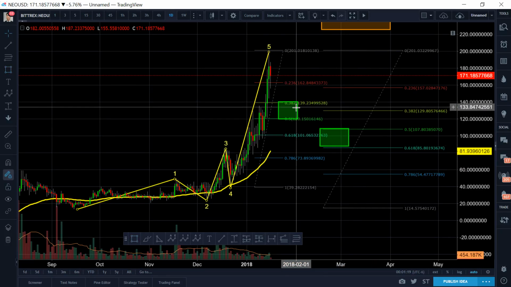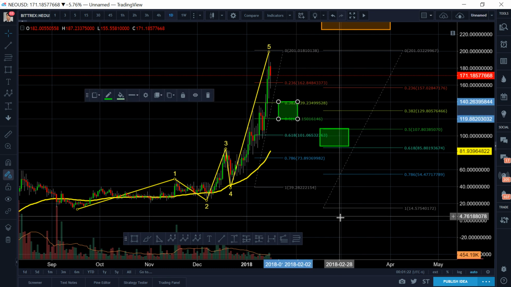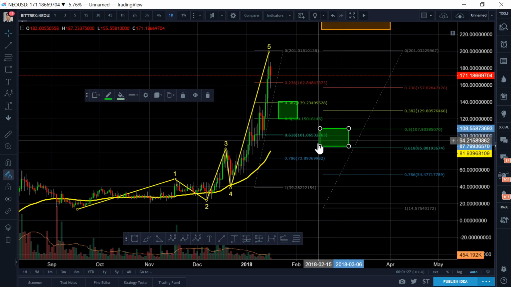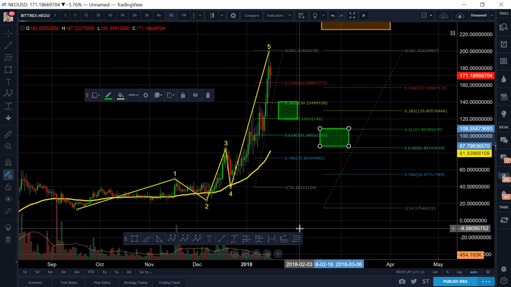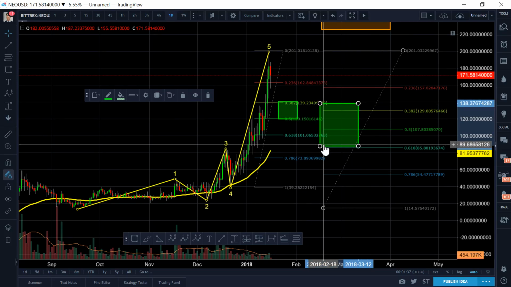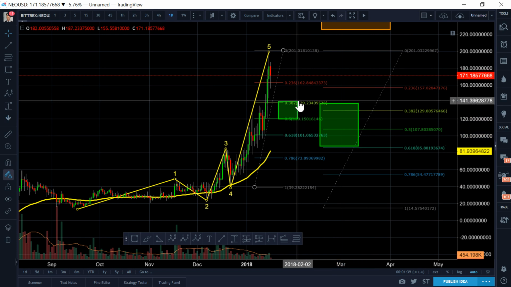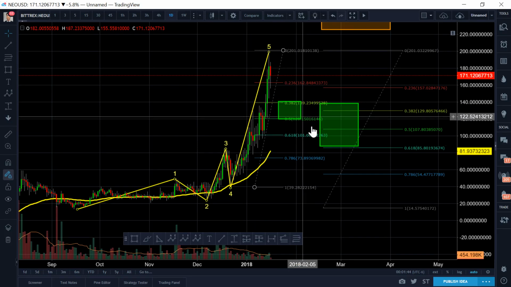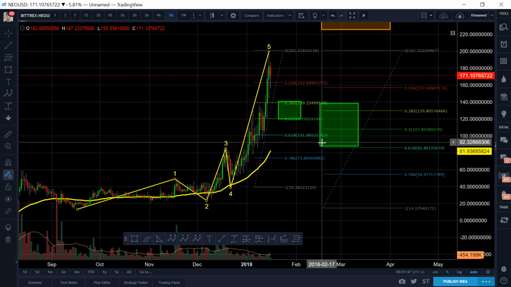That's it. Am I going to be interested in NEO between 120 and 140, or am I going to be interested in NEO between literally 87 and 108? So this is just the range. I'm going to keep my eyes on it. I'm not going to be interested in NEO right now because I think there's still some consolidation, right? But I will be interested in NEO again when it starts to fall below 150, and that's my target about for correction of that wave, regardless of what it is.